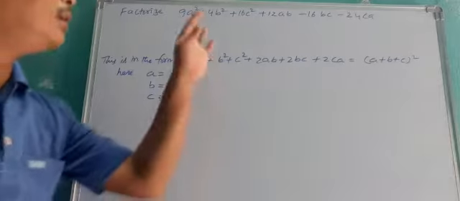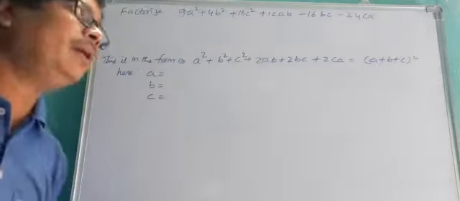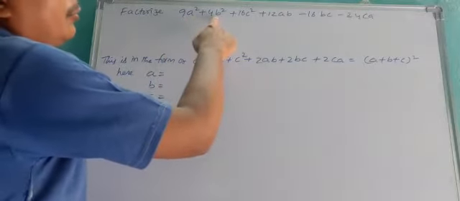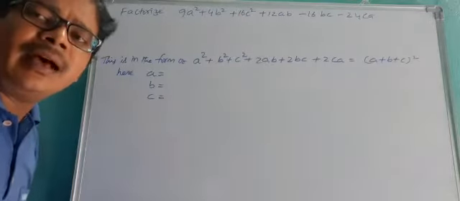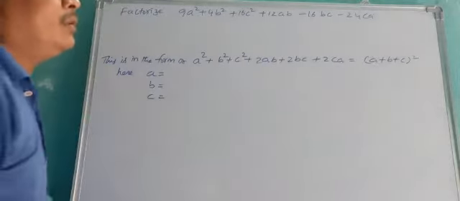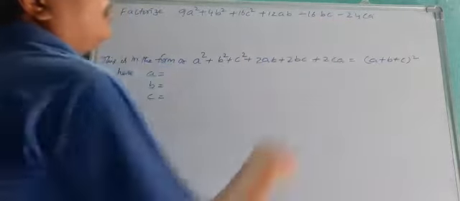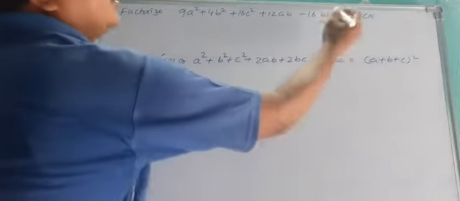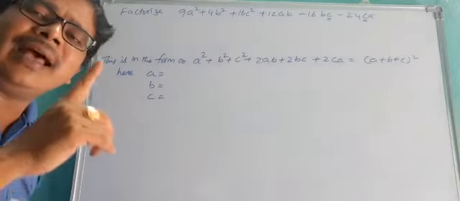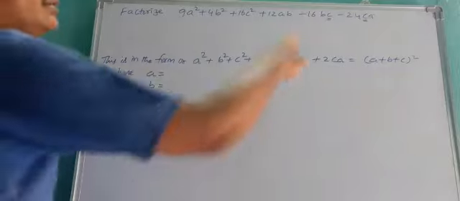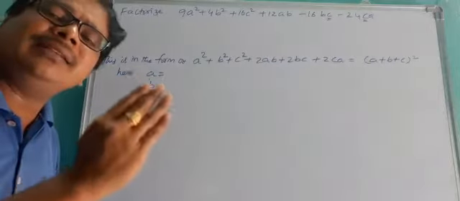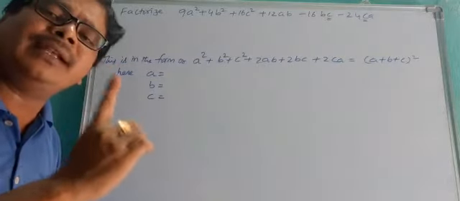The same question: how to factorize the given polynomial. Now we have to write perfect squares: 9a square, 4b square and 16c square. These are perfect squares. Now how to identify the negative term here? We have two negative terms. Which is the common variable here? C is the common variable. That means the term c has a negative coefficient. So minus 16bc and minus 24ca are both negative terms, having c as the common variable, so the c coefficient is negative.